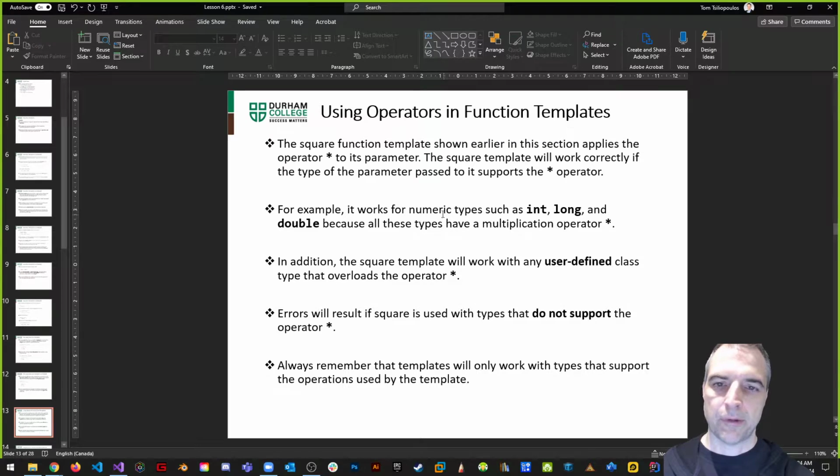How about using operators in function templates? Notice that we use the multiplication operator, the times operator, if you will, but it didn't matter whether we have the times operator with integers, longs, and doubles. Where we have a problem with operators is, what if you try and multiply strings? This is where we would use